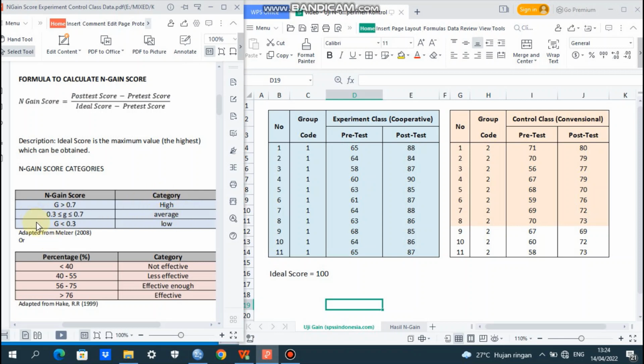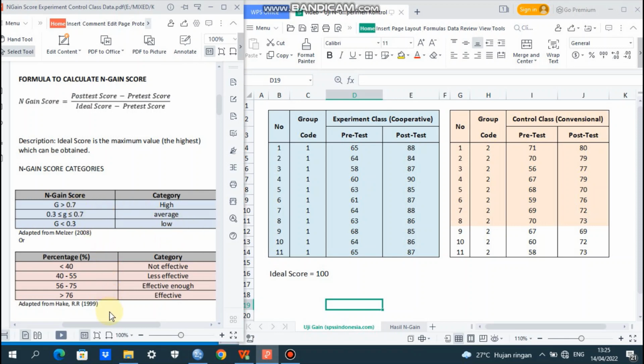But between the score of 0.3 is less or equal to gain is less or equal to 0.7, it is categorized average. And the gain that is less than 0.3, it is categorized as low.